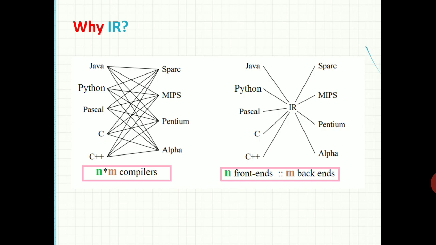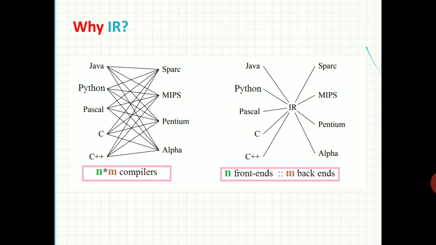If we are using the intermediate representation, then we need only n front ends and m back ends. That is the advantage of the intermediate code representation. If we are not using it, we need a different compiler for different platforms: for each programming language, one compiler for a particular platform. With intermediate representation, it is easy to convert a source program into the intermediate representation, and then, based on the platform, convert it into the corresponding target machine.